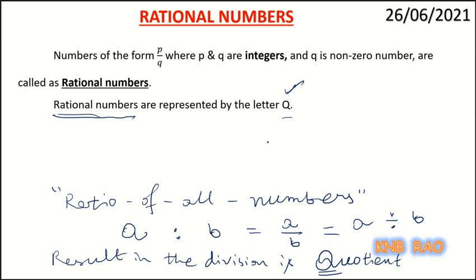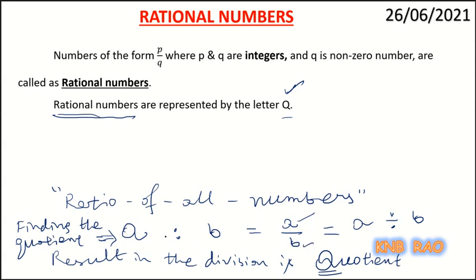Okay? Why? Because when we do the ratio of any two numbers, that means we are finding the quotient. Actually, you are finding the quotient. When you are finding the quotient, then only you have a ratio of numerator to denominator, a ratio of antecedent to consequent. Here A is called antecedent, B is called consequent when it is written in ratio notation. But when it is written in fraction notation, this A by B form, then we call A the numerator, B the denominator.